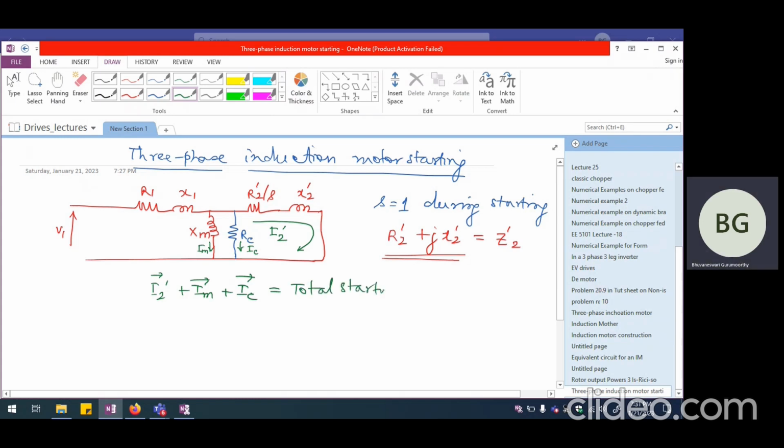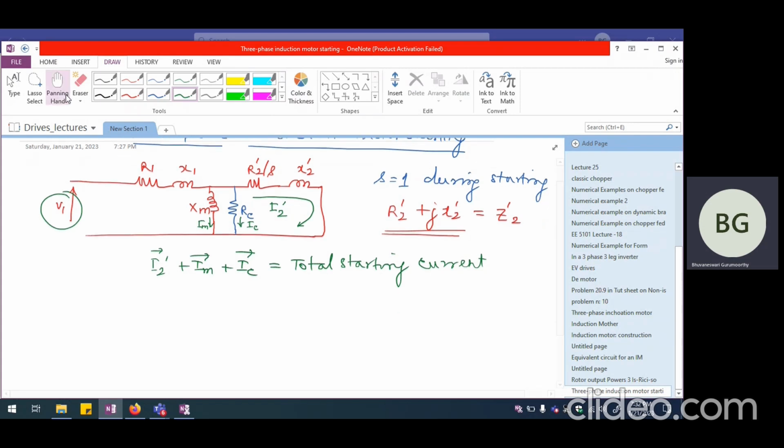So the starting current of the induction motor, if I apply full voltage V1 on the stator side, is going to be enormously high. If I write this as I1 starting,